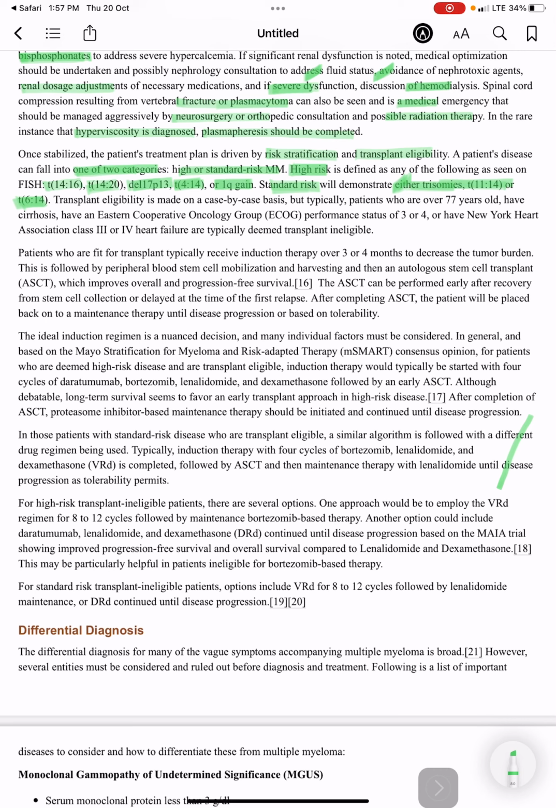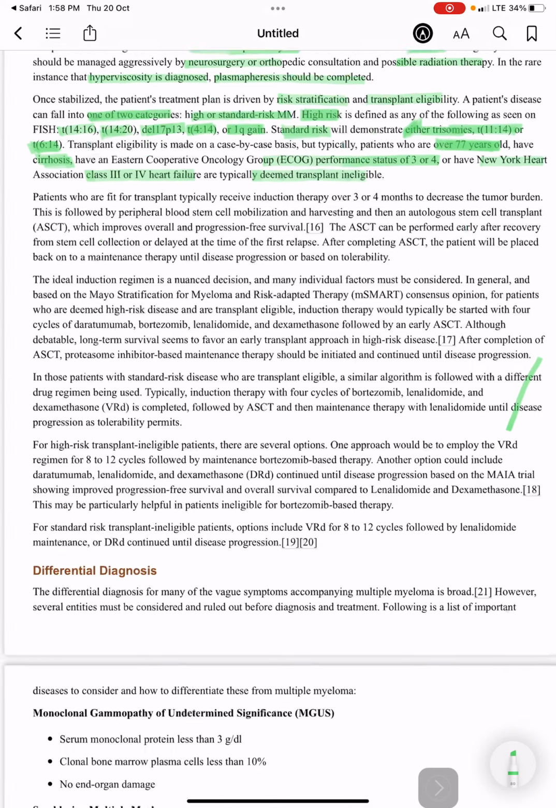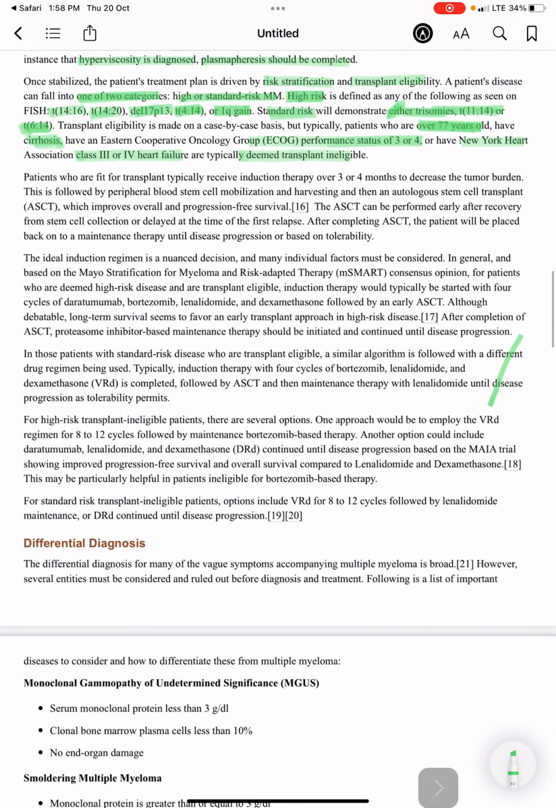But typically patients who are over 77 years old, have cirrhosis, or an ECOG performance status of 3 or 4, or have NYHA class 3 or 4 heart failure, are typically deemed transplant ineligible. So patients who are fit for transplant will receive induction therapy